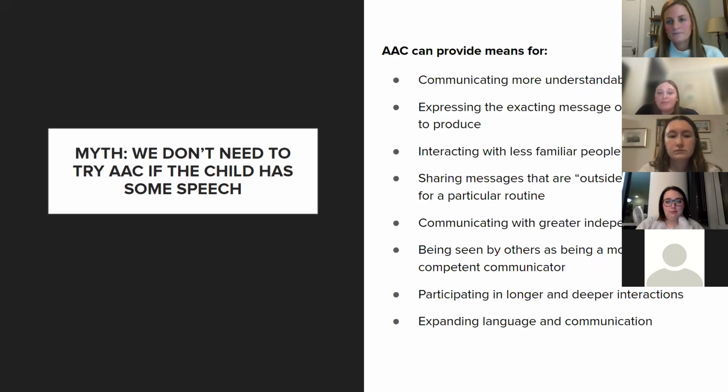Our next myth is that we don't need to try AAC if my child already has some speech. So even if your child has some verbal speech, AAC can also provide the means for communicating more understandably. So maybe some of those speech productions are not able to be understood by all of their communication partners. AAC can provide the opportunity to make sure that their message is getting across clearly. Similarly,